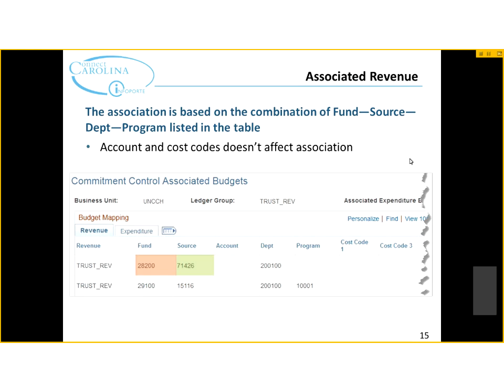This source, when used with funds 28200 or 28201 or 28210, just as long as it's in the 282 family, this source, when used with fund 28200 or the family and with department 200-100, but without a program, is associated. Now here's the key. This is the thing that I think gets people the most confused about associated budgets,